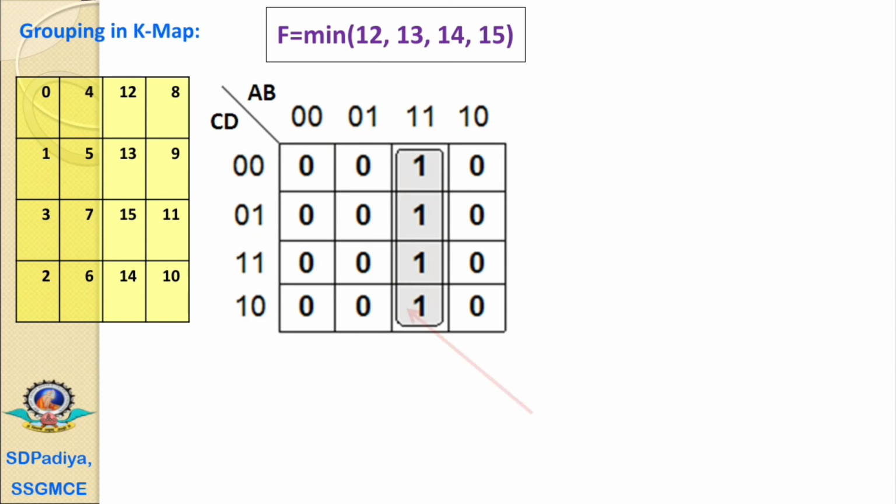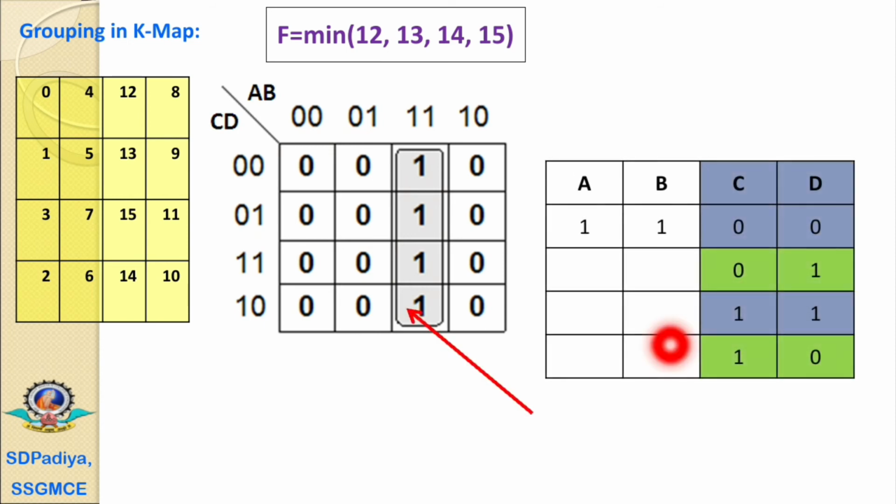Now we'll check. We have designed this table. Now for AB, all these four cells belong to the same column, therefore it is 1 1. And now for CD, at the row side, the first belongs to 0 0, the second 0 1, the third 1 1 and the fourth 1 0. The 0 0 and 1 1 eliminate each other, and the rows 0 1 and 1 0 eliminate each other. Finally there are only A and B, these values are 1 1, therefore the final simplified expression is AB.